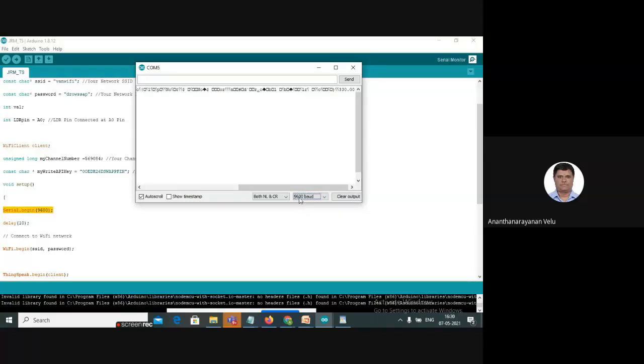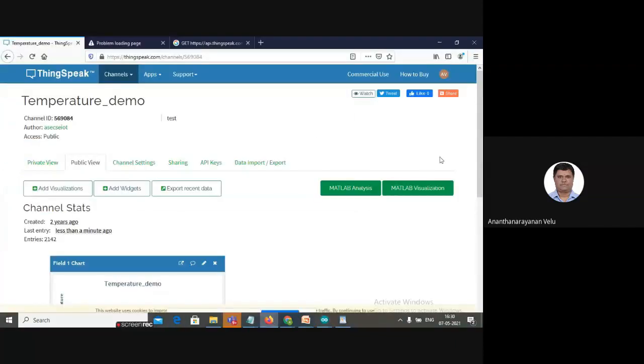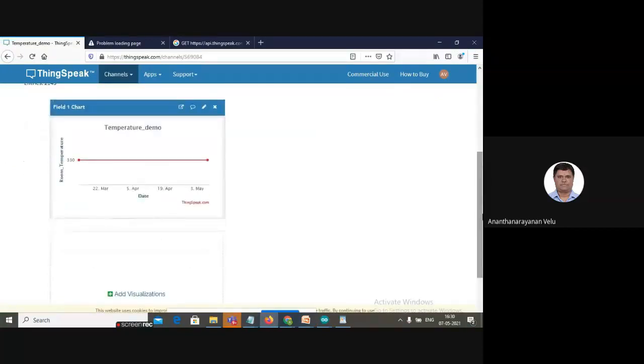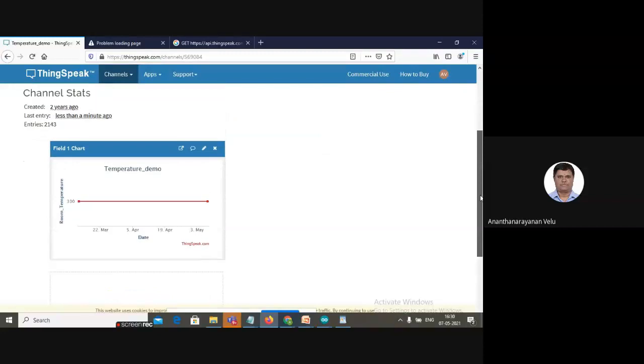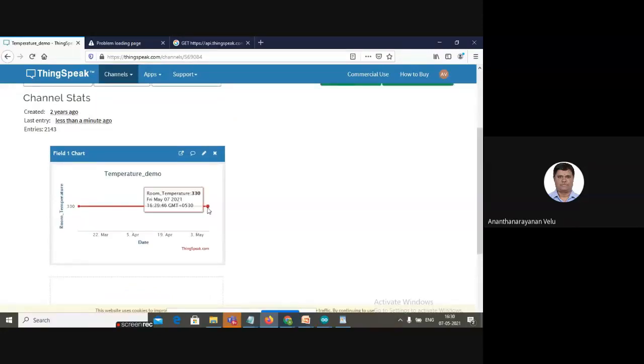Right, if I click, I will be able to get the value 3300. Okay, I hope you are able to see that 330. Every 15 seconds, this value will be acquired and pushed into the cloud. We will verify whether we are able to get the value or not. This is the ThingSpeak. So we were able to get the information, Friday, May 7th. The value was